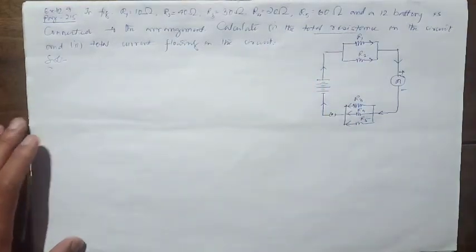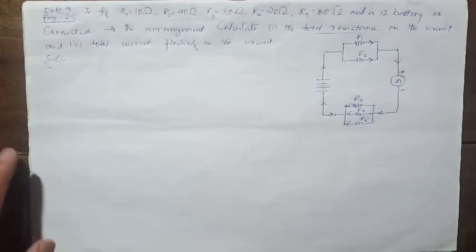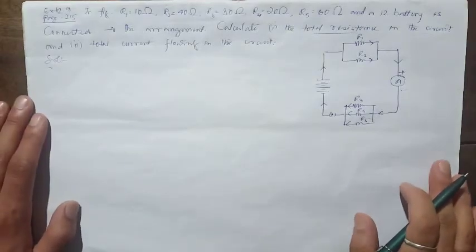So, total circuit resistance. To calculate the total circuit resistance, student, first we have to identify whether the given resistors are connected in series or in parallel. In the last three examples, student, we saw the given resistors were either connected in series or in parallel. Sometimes in a circuit, the resistors may be connected in series, or maybe in parallel, or they may have a series and parallel combination mixture. Now, student, in this problem, we have been given 5 resistors. Now, let's see how they are connected. Are they connected in series, or in parallel, or mixed?